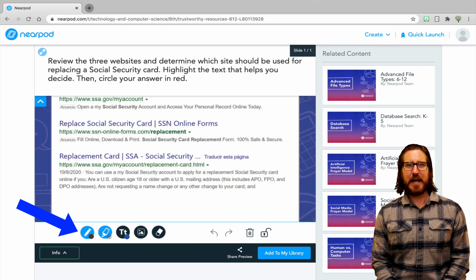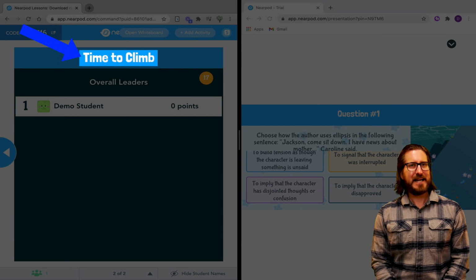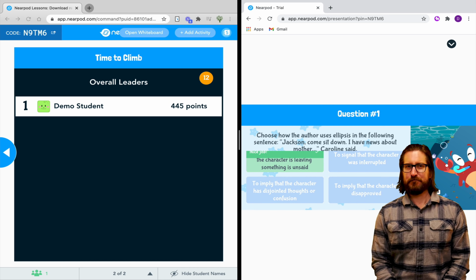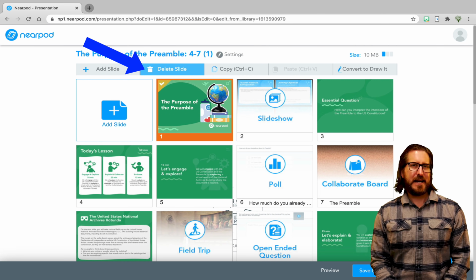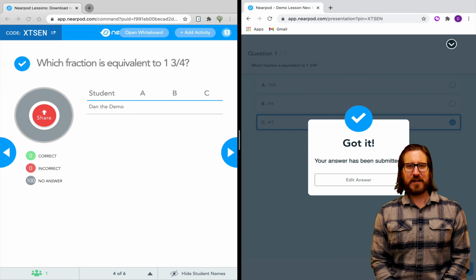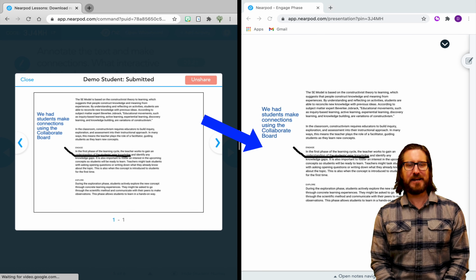The Draw It tool allows students to annotate directly on top of PDF files. And Time to Climb quiz games review key ideas through gamifying learning. The pre-made lessons are also editable, so you can delete slides or add new ones to ensure each lesson fits your students' needs. Real-time reports during live lessons allow you to see exactly what your students know and don't know,